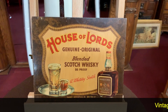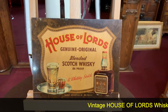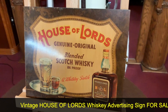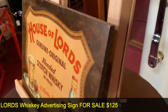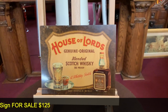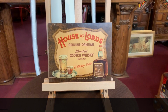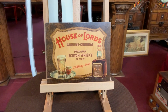Mantiques Network, how you doing today? What's that cool little sign we got going here? This is a House of Lords blended whiskey sign. It's basically on a board. It's been printed on here. You can see that the graphics are in front, but it's really in nice shape, nice and clean, nice sign. It's got the hanger and also can sit up on a counter. It was meant for retail. So if you are into whiskey in general, or the House of Lords, or just advertising, this might be for